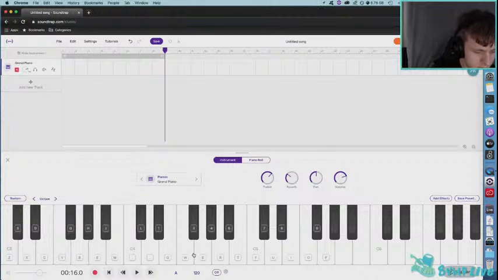Let me get this right. Sounds like that. It's a nice, super happy chord. Well,